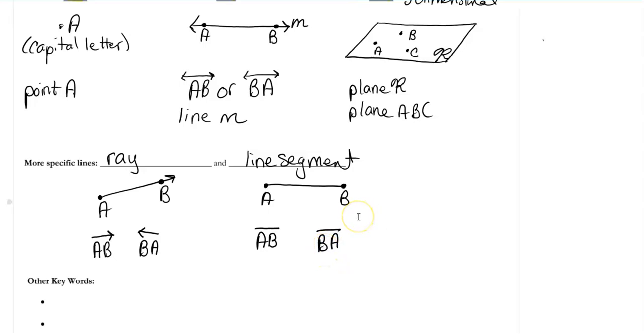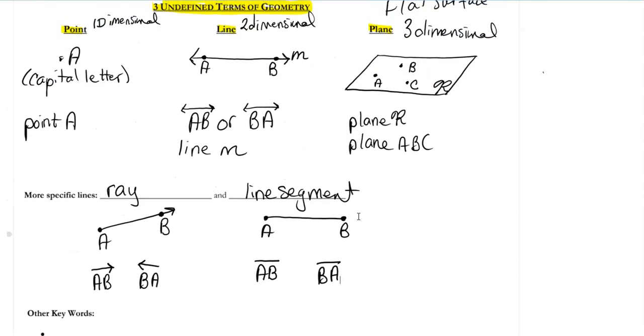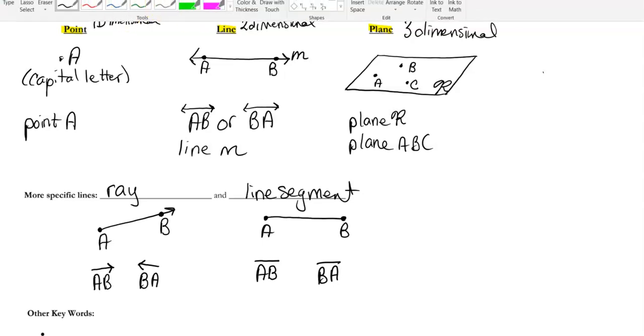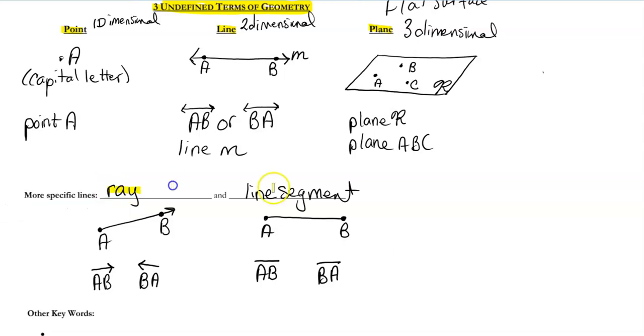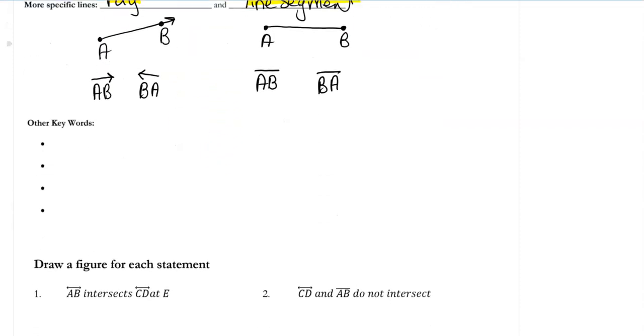All right, so points, lines, planes, ray, line segment. There's a couple other words that we need to be familiar with. And actually, I should highlight these words real quick. Where's my mouse? Let's highlight those because you do need them. Ray is a vocabulary word, line segment. Okay, so the next words we have,